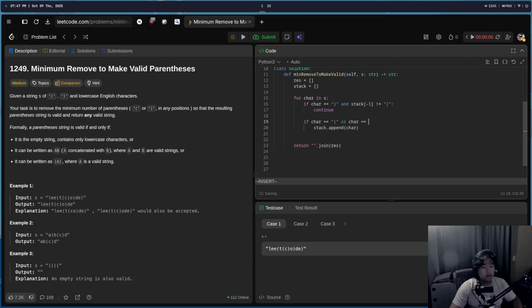So if the character equals opening or the character equals this, stack.append